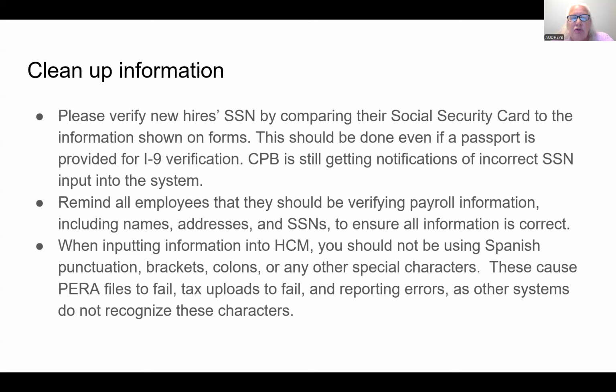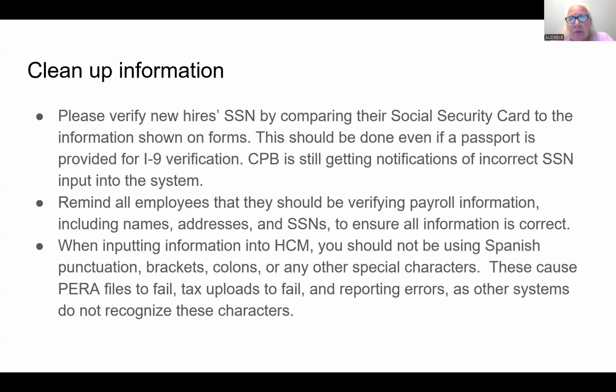Additionally, do not use colons to indicate apartments. So we'll see an address, apartment something. Please do not do that. And do not use brackets to indicate a nickname or to distinguish whether this is a mailing address versus a physical address. Whenever you use special characters in HCM setup, those characters are then